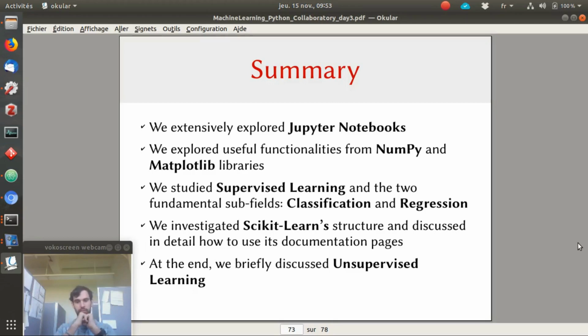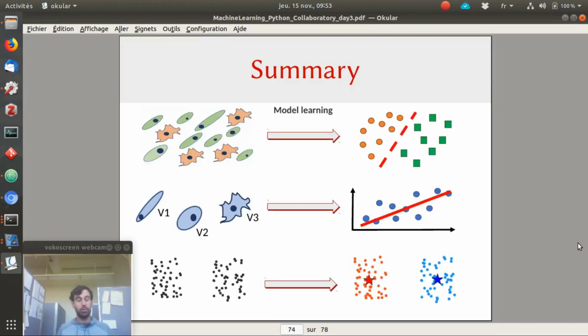We investigate the scikit-learn structure and discuss how to find information in the documentation pages, which is very important for you to learn by yourself. We go into the documentation, we look at the questions online to find answers, and we briefly discuss some unsupervised learning algorithms at the very end. So that's the big summary: classification, regression, k-means, the three huge types of subfield that we have covered in that